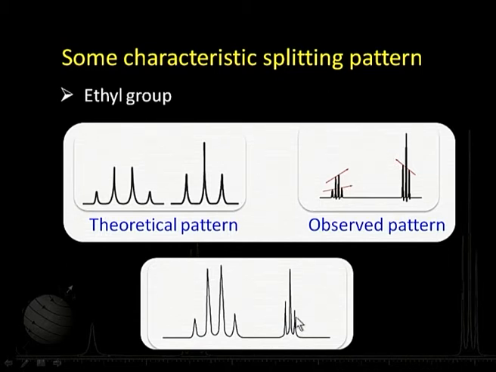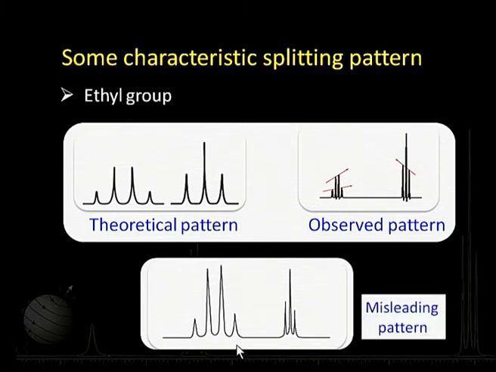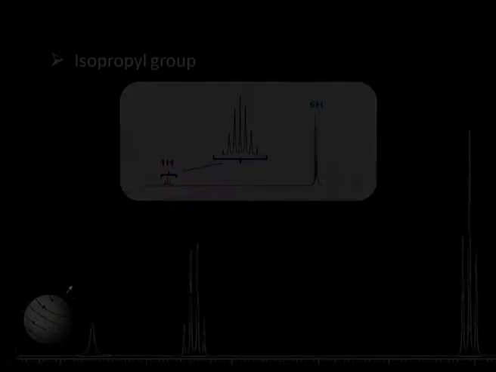What you find is that these lines are much closer, the J value is much smaller here, the J value here is much larger. This is a misleading pattern there, this is not an ethyl group. So, for a given pattern, a 3-line triplet and a quartet, a 2 proton quartet and a 3 proton triplet put together give me an ethyl group only if their coupling constants are matching, else it may be a misleading pattern. We will be using this more often when we discuss how to interpret an NMR spectrum, maybe in the next session or so.